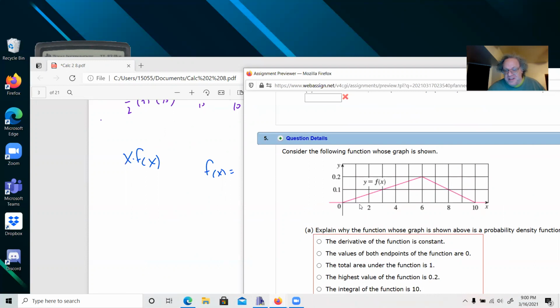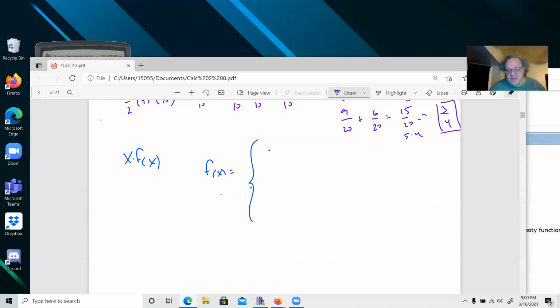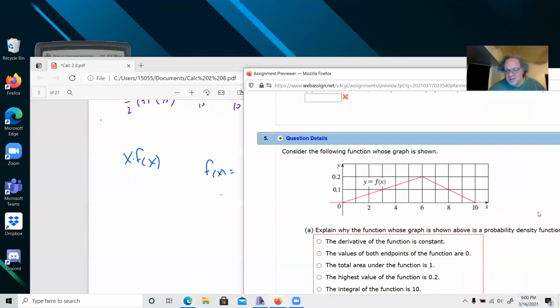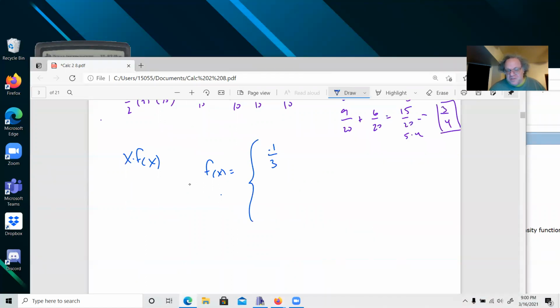So we have, right, the rise, 0.1, over the run, right? This is 3, right? So 0.1 over 3x. All right, so that's 1 over 30x, and that's when x is between 0 and 6. Okay, now